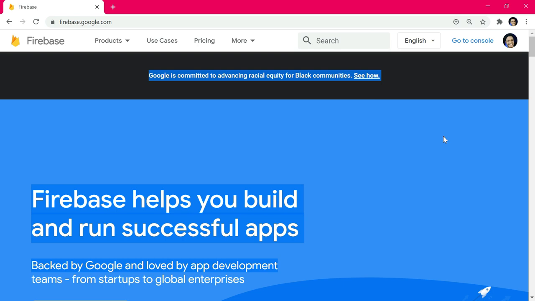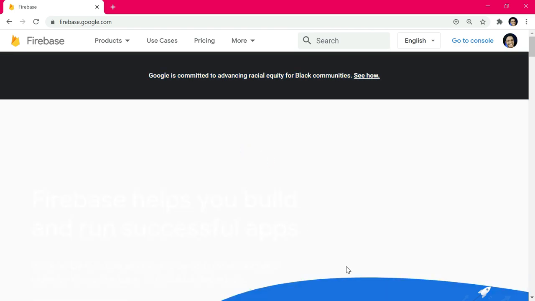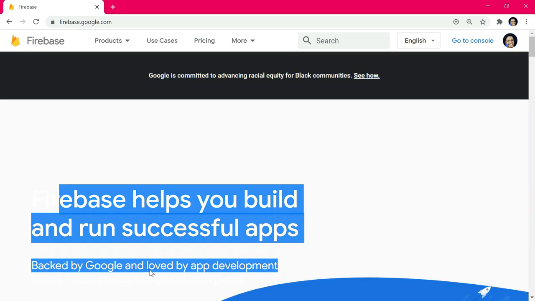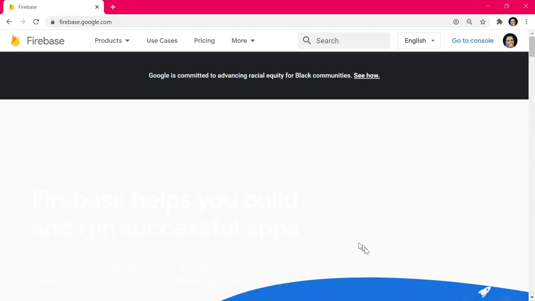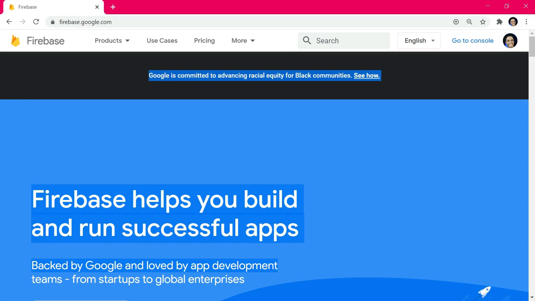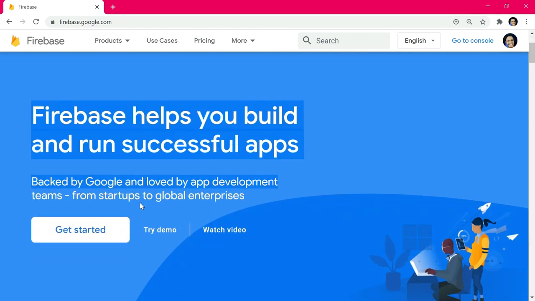Now we are in the Firebase homepage, and you can access Firebase homepage by navigating to firebase.google.com on your URL address bar, or firebase.com, or you can search for Firebase on Google and that should be the first thing that shows up. We have a Firebase homepage, and depending on when you open this homepage, it'll look really different because currently Firebase has a CSS problem, and look at that. That's why I've highlighted this so that we can see the text. Firebase helps you build and run successful apps backed by Google and loved by app development teams from startups to